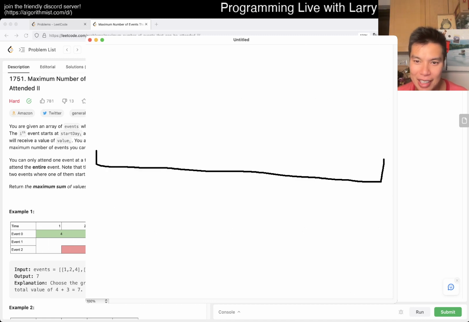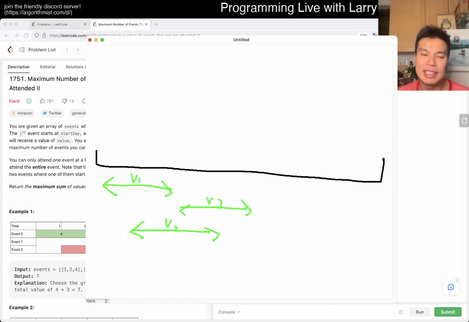You have a timeline, and you have basically some number of segments that may or may not overlap, and of course these have some value, v sub 1, v sub 2, or whatever, right? And you're trying to basically maximize this, right? And the idea here is dynamic programming, though maybe not as straightforward as some of the ones that you have done, is that